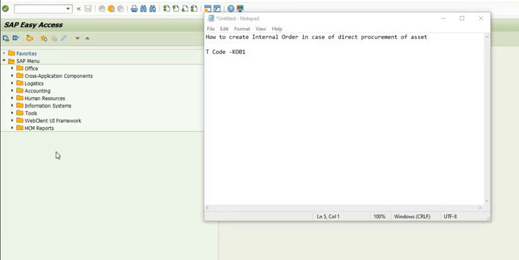Hello all, welcome to another SAP tutorial on procurement. Today we will learn how to create an internal order and asset in case of direct procurement of an asset, and also